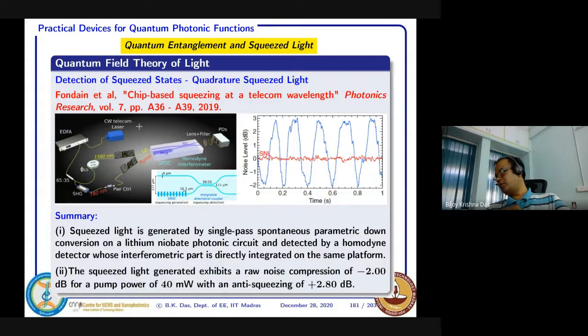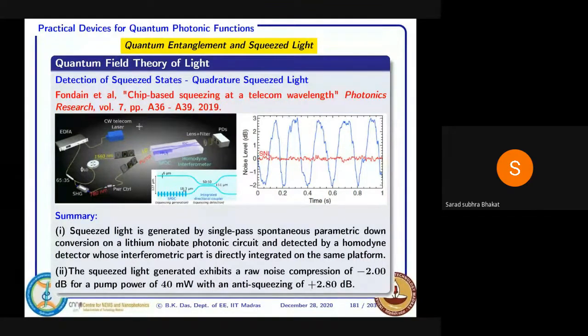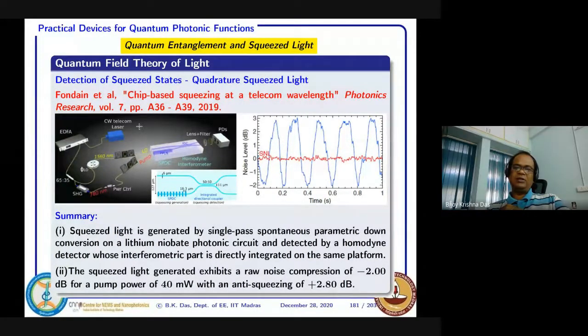Can anyone say what a telecom laser is? When we say telecom laser, what does it mean? It is operating in the C band, sir. 1550, yes, it is the C band. I think the O band is also called a telecom band. 1310 nanometer, that is called the O band. And normally nowadays we are in the third generation communication window, that is around 1550 nanometer. So that telecom laser is considered, say, 1550 nanometer.